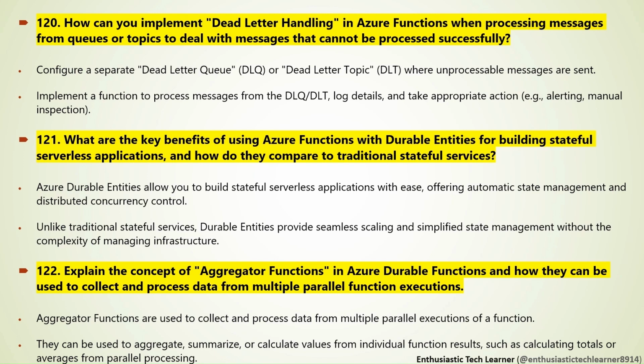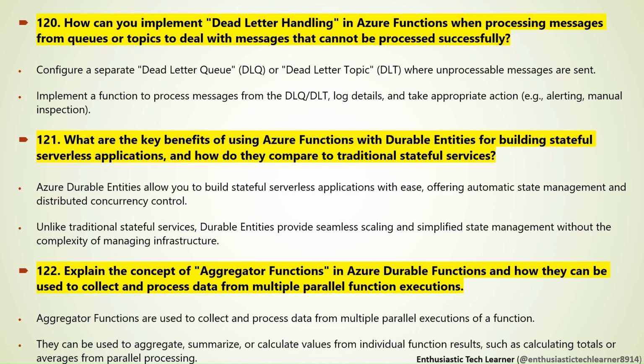Explain the concept of aggregator functions in Azure Durable Functions and how they can be used to collect and process data from multiple parallel function executions. Aggregator functions are used to collect and process data from multiple parallel executions of a function. They can be used to aggregate, summarize, or calculate values from individual function results, such as calculating totals or averages